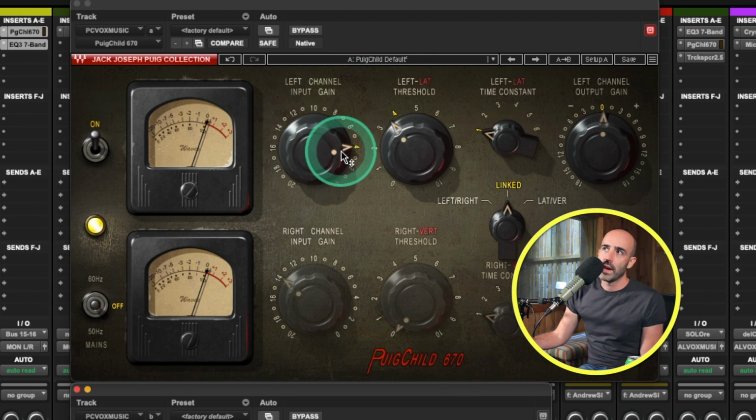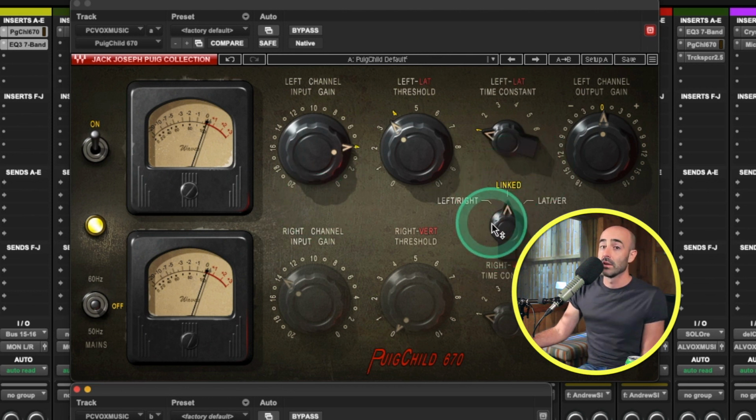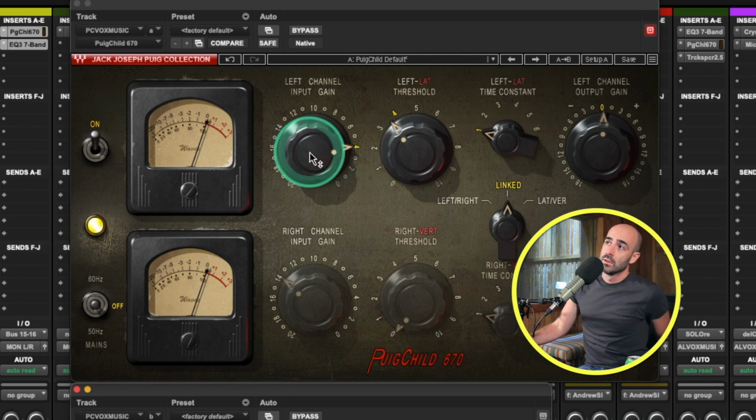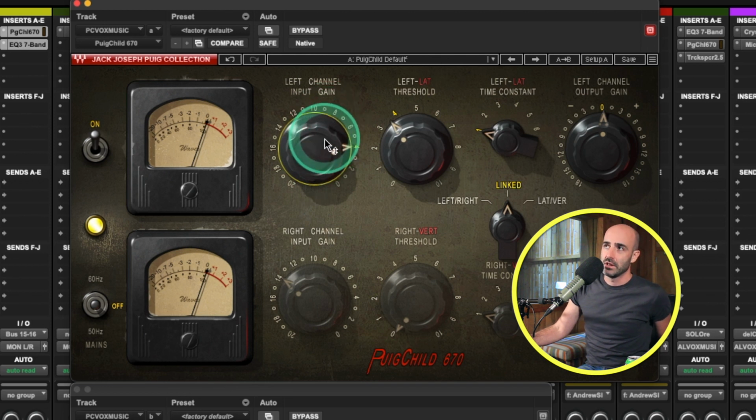When we come in here, we have our input, and they're linked. I'll just skip to this. They are linked, so the left and right channel right now are linked. They don't have to be, but right now they are. So we're pinning it, and typically on Fairchilds, I've seen a lot of pinning on the input